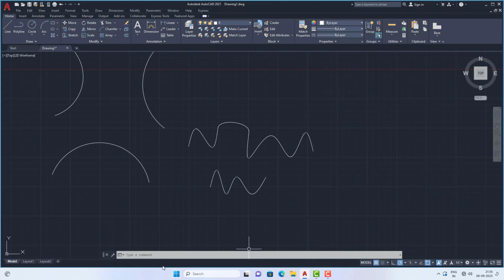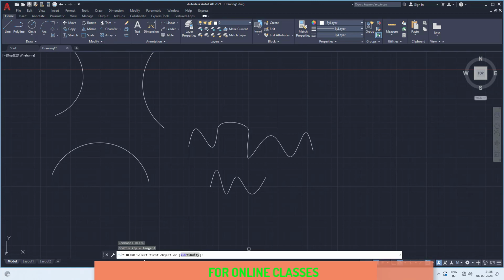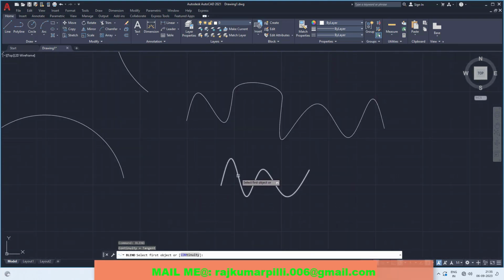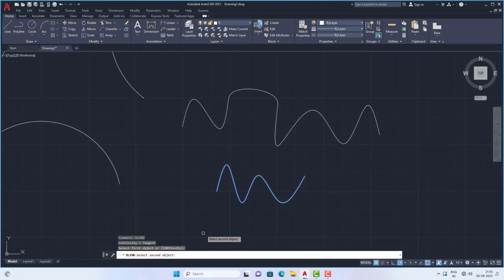Then again we will use this option. Go to command line, type blend and press enter, so that it will ask you to select first object. You can select this spline also. It will be highlighted. Then after selecting it, it will ask you to select second object. I am selecting this object, so that these two splines will be joined.